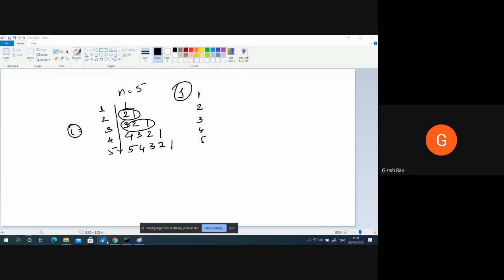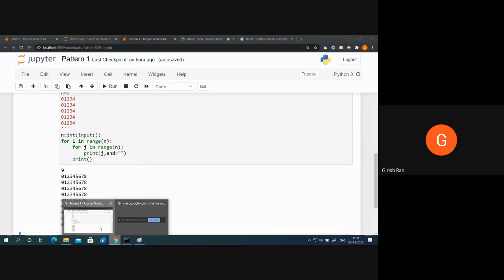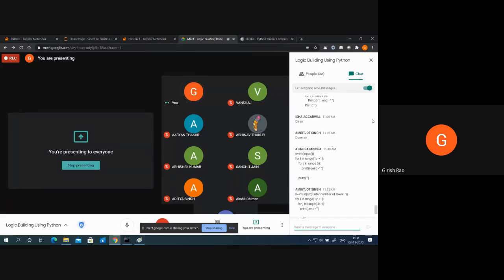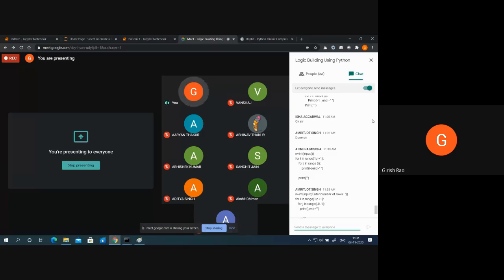Let me first see the chat window. N is equal to input, for I in range I plus 1. Okay.